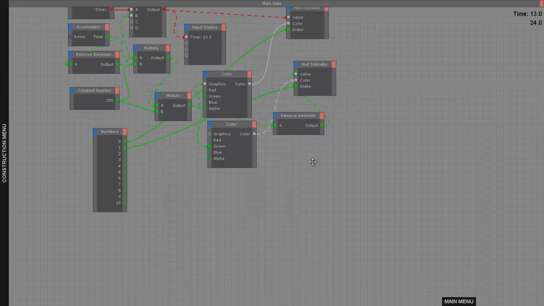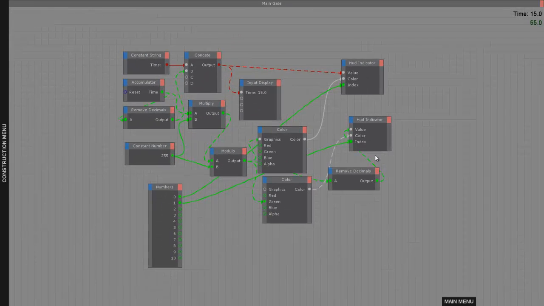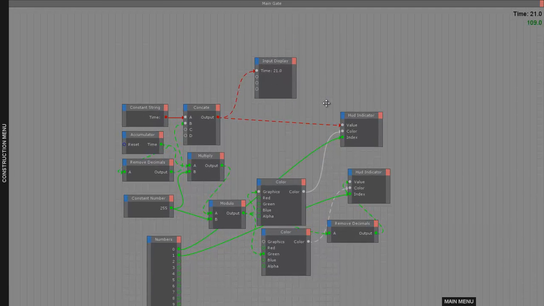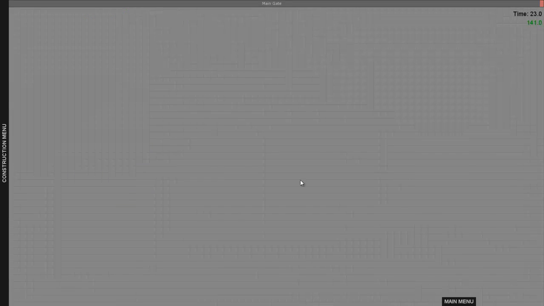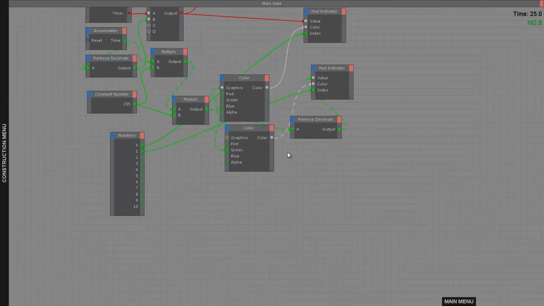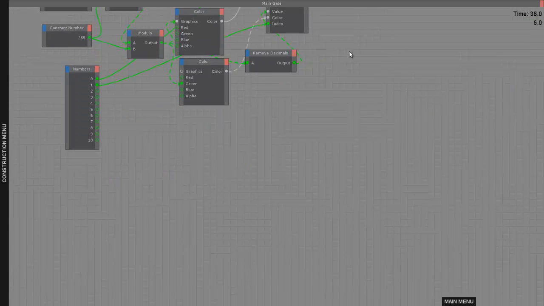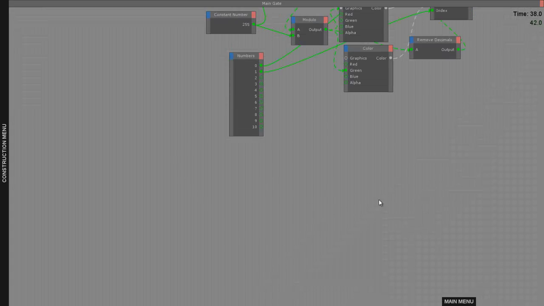If you need to check a value, you can of course use an input display, like right here it shows that the time is 18, 19, now 20. But let's say you're working down here and you need to check the time, then you can just add a HUD indicator, and it'll just display it. You can see right up here. Just two things displaying, just to test it out, and then I can move around and it'll keep being there